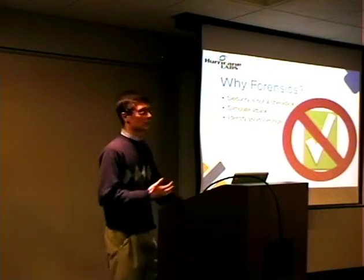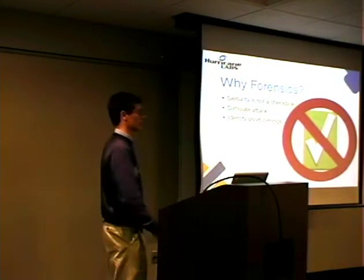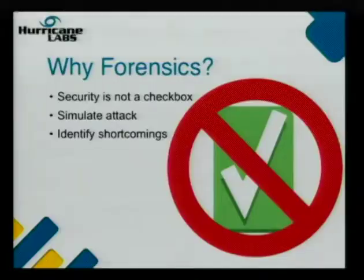So why forensics? We talked about some of the ways you can use this, but why? One of the biggest ones, and most of us should know this, is the idea of security not being a checkbox. Just because you check something doesn't mean it's secure. Turn on a firewall, it's not going to protect you against everything. You encrypt your laptop,